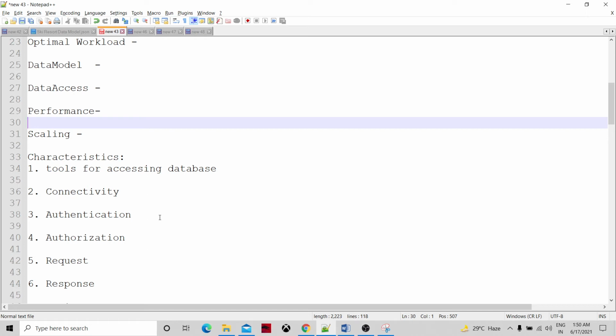Okay. So how the authentication and authorization happen: whenever an application tries to access the RDBMS, there is a username and password, which will be checked with the directory service, and the authentication will happen. But in DynamoDB, the details travel with the request, authentication happens, and then there will be authorization.